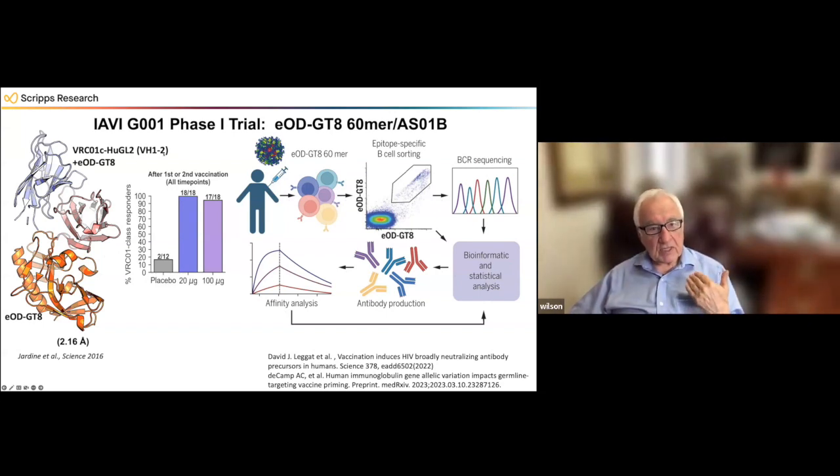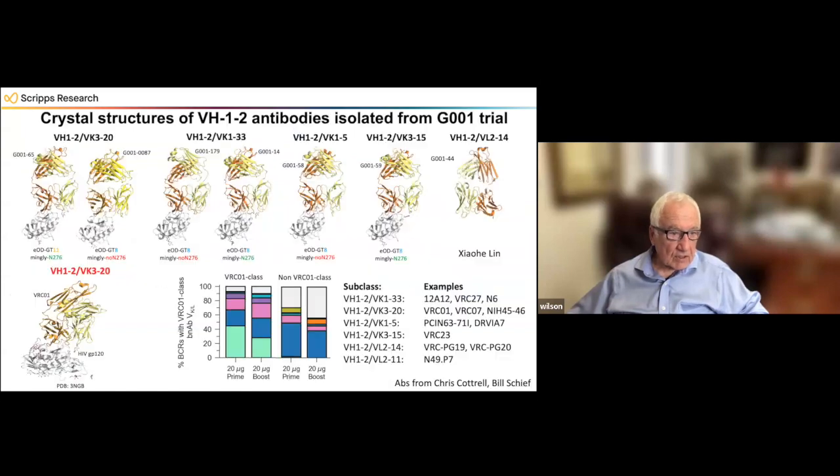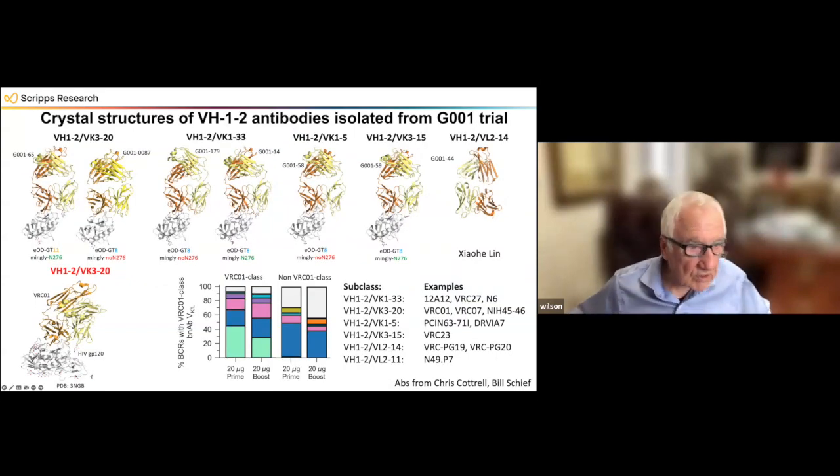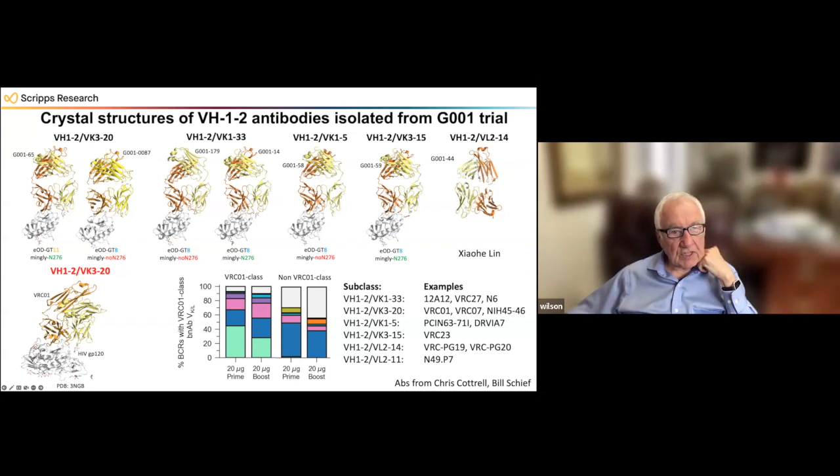And so we've looked at some of these antibodies that were pulled out from this immunization. And in fact, here's the original antibody here. Sorry, it got a little squashed; I was just trying to reduce the file size. But you can see that all of these antibodies were pulled out, and they're all very similar to this particular antibody. This antibody can pair with different light chains in a natural response, in a response to natural infection. In fact, all these different light chains are also represented in this vaccine immunogen.